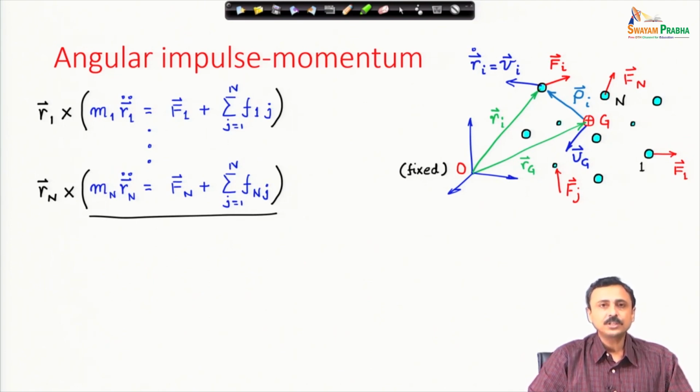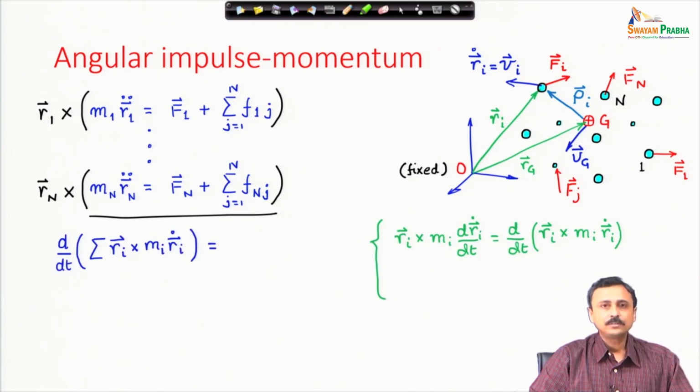So, for the first equation I have r_1 cross Newton's second law for the first particle. For the second particle it would be r_2 cross Newton's second law for the second particle, and so on. For the nth particle it is r_n, the position vector of the nth particle, cross Newton's second law for the nth particle. When I do this and sum over,